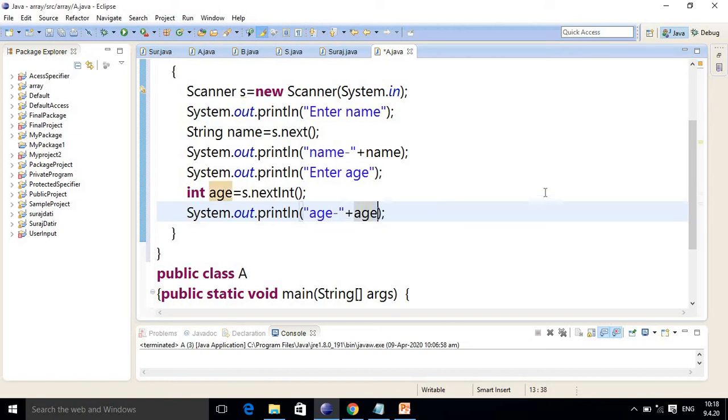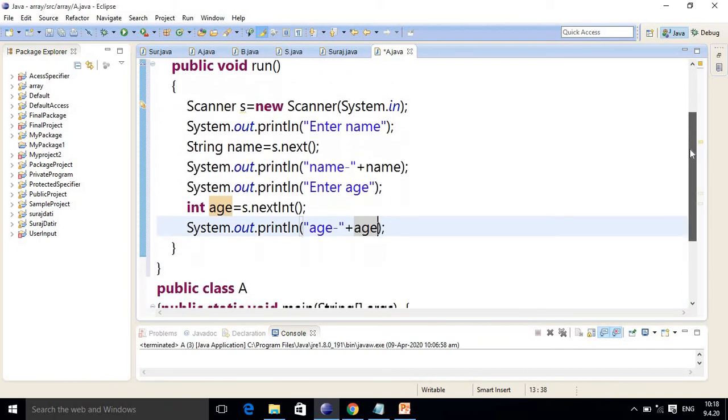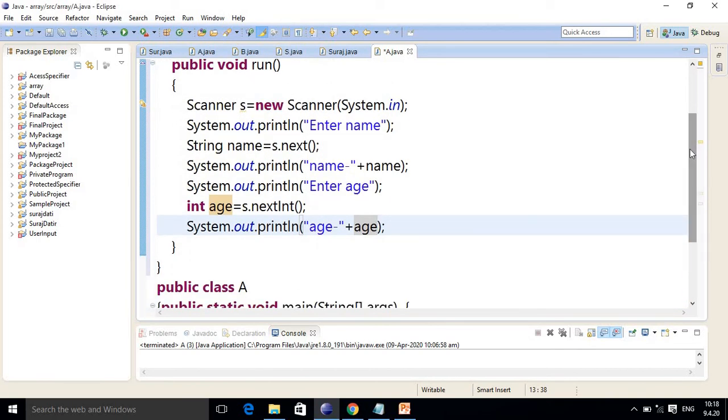So here I am showing the values of name and age. So this is my complete thread A, which is doing reading and writing operations.